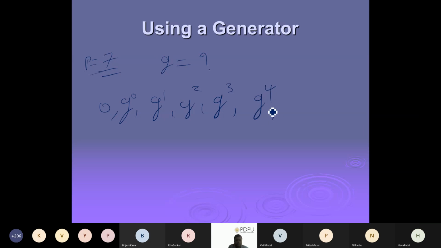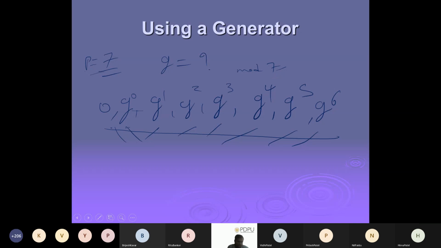4 and 5. If I go again next, all this will give me a unique number. That is what I want. So you have to tell me a number that can give me this thing. If we are getting such a G, make sure whenever we do any operations, mod 7 is always required.